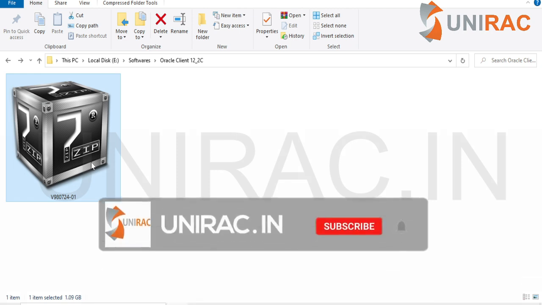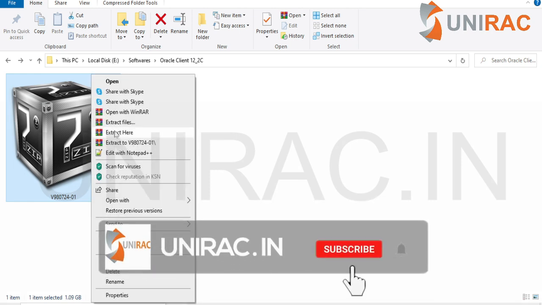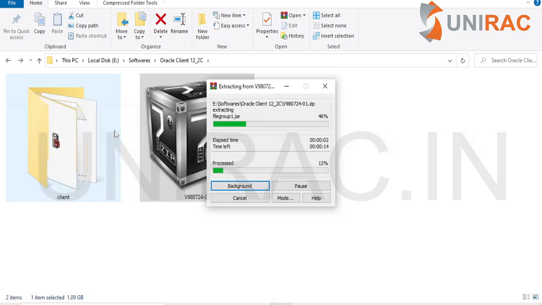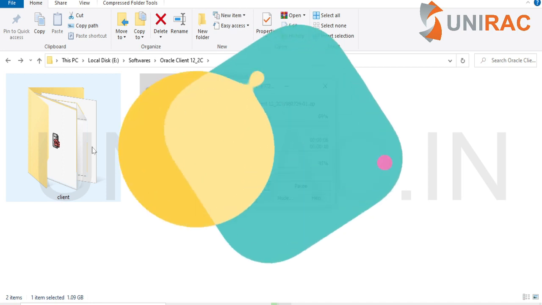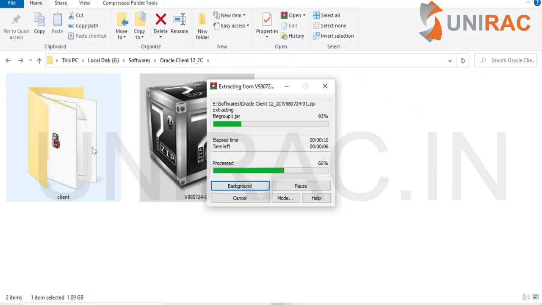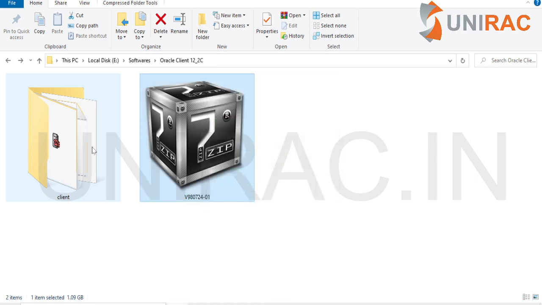Let's unzip here, right click and extract here. You can see a client folder. It's got unzipped.